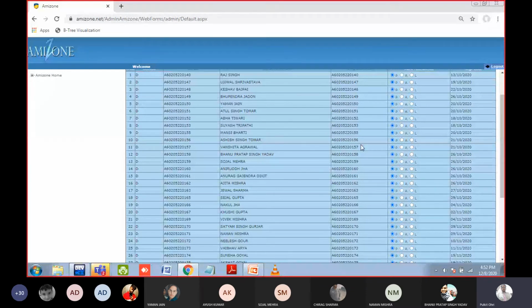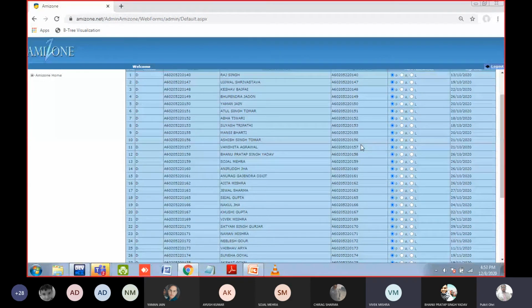Vanshita is present. Bhanu is present. Sojal is present. Anirudh. Present, sir. Anurag. Present, sir. Ajita. Present, sir. Jwel. Present, sir. Tejal. Present, sir. Nakul. Present, sir. Khushi. Present, sir. Vivek. Present, sir.